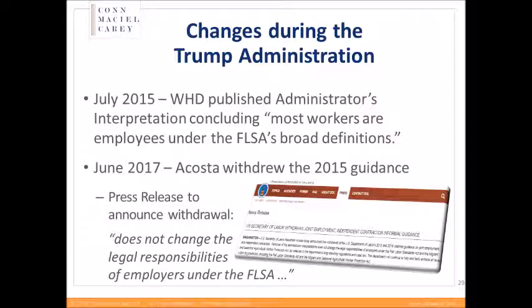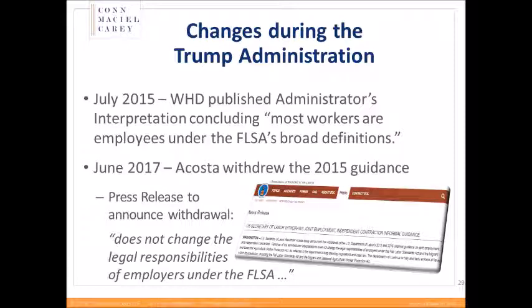As I stated prior, it does appear that this administration is already pulling back its focus on misclassification, including the expansive definition of who is employee versus an independent contractor that was promoted by the prior administration. Specifically, back in July 2015, the Wage and Hour Division published an administrator's interpretation, and that interpretation explained the analysis that should be used in evaluating whether someone is an independent contractor. In that interpretation, the Wage and Hour Division concluded that due to the broad definitions of the terms under the FLSA, like employ, most workers are in fact employees,